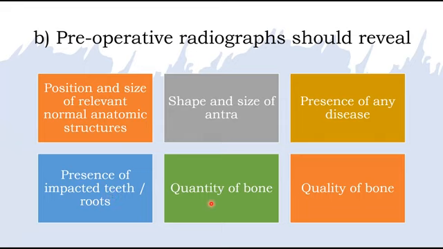quantity of alveolar crest or the basal bone, allowing direct measurements of the height, width, and the shape of the bone. And finally, the quality or the density of the bone, noting the amount of cortical bone present and the density of the cancellous bone, and also the trabecular spaces and their sizes.